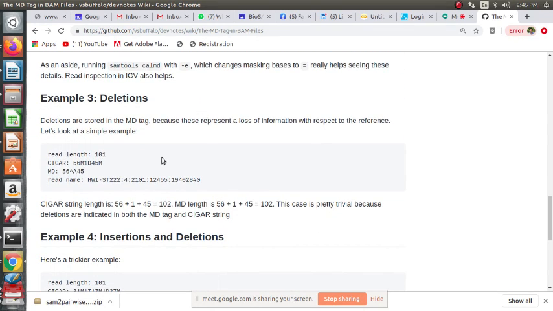Yes, in a way we can say that if there's an I in the cigar, we can do addition. If there's a D, we can do subtraction to get the exact read length. So this is how the cigar string length is computed. It's always added. We are talking about how to get the read length from the cigar string length. In the case of read length, in the case of insertion we add, in the case of deletion we subtract